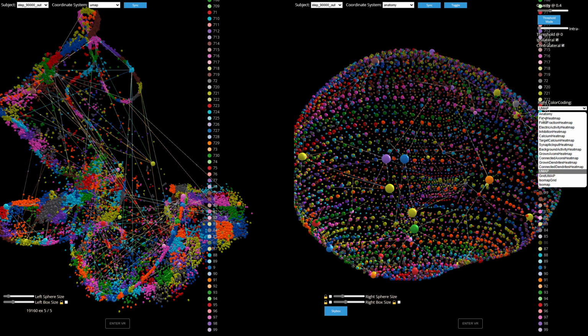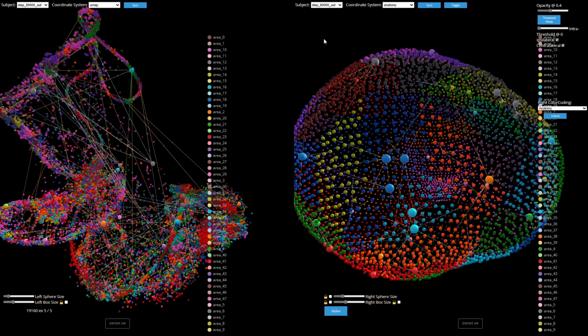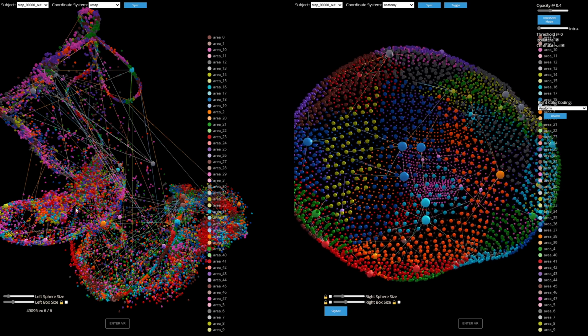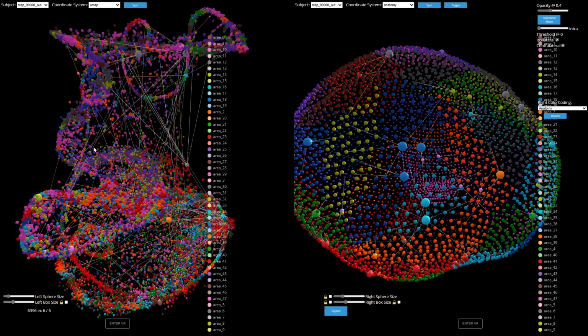This can be turned the other way by switching the color coding to anatomy. Now the patchwork pattern is seen on the anatomical brain, and the mapping from anatomical to the UMAP linear attractor is a little bit more visible. This allows you to select nodes in the patchwork region of your choice, and it shows where those are in